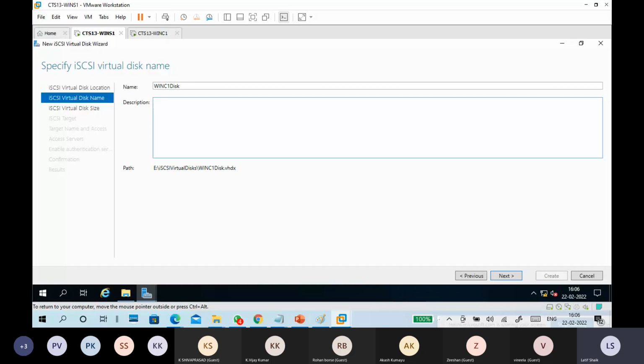This is the disk for WinC1. Some description you can put. It is also a virtual hard disk only, a virtual hard disk in your physical location. Just a name only.